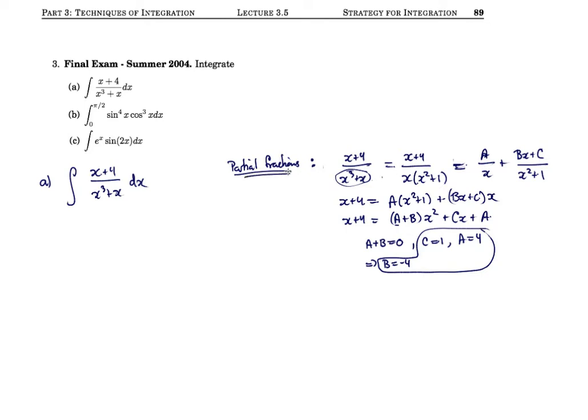And so there's our values for A, B, and C. And so from partial fractions, we get that this is equivalent to the integral of 4 over x plus (negative 4x plus 1) over (x squared plus 1) dx. Now the first one, that's just a logarithm. The antiderivative of 4 over x is just 4 log absolute value of x. The next one,